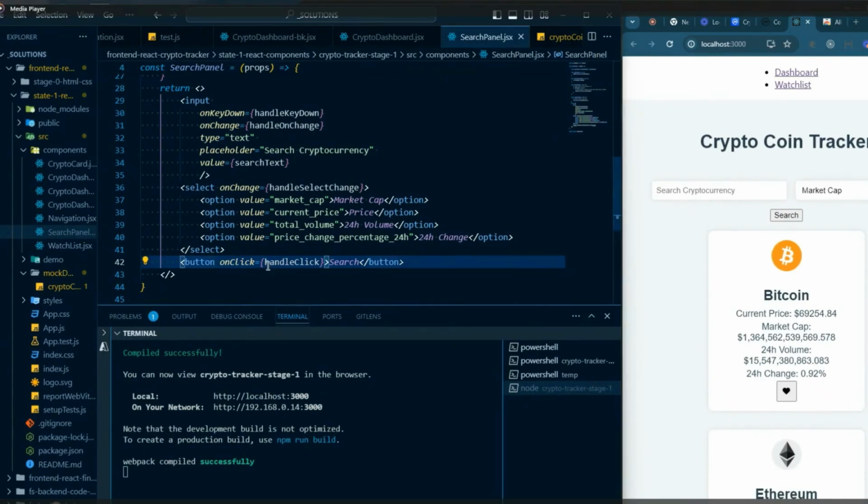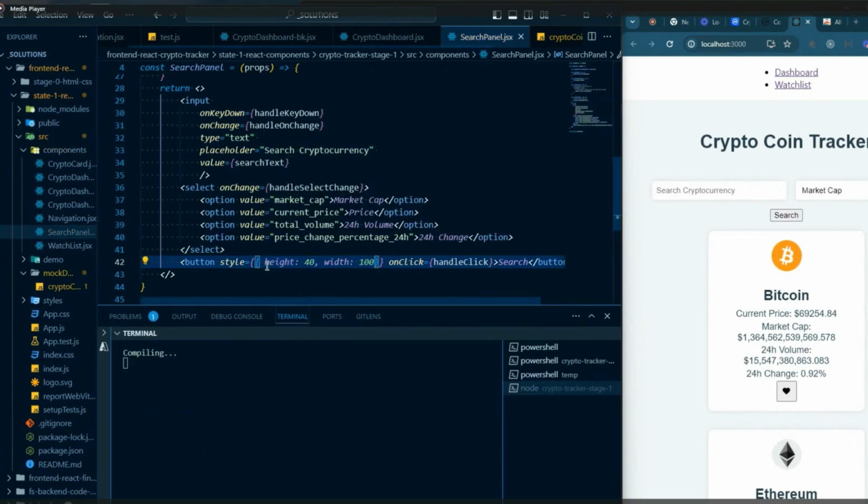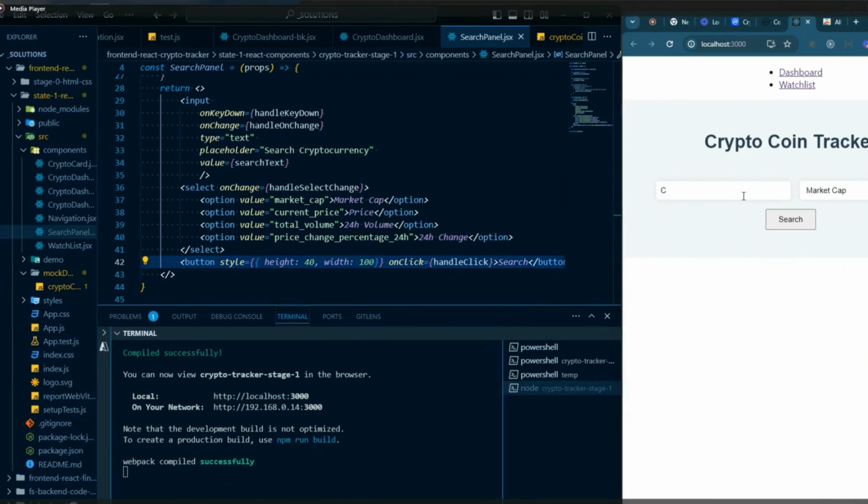There's a couple defects we'd like to fix here. But first of all, let's just make this button a little bit bigger so it's a little bit more prominent. We can add some inline styling here. We'll give it a height and width increase. So you can see our DOM on the right there has updated. So here's the first defect here is